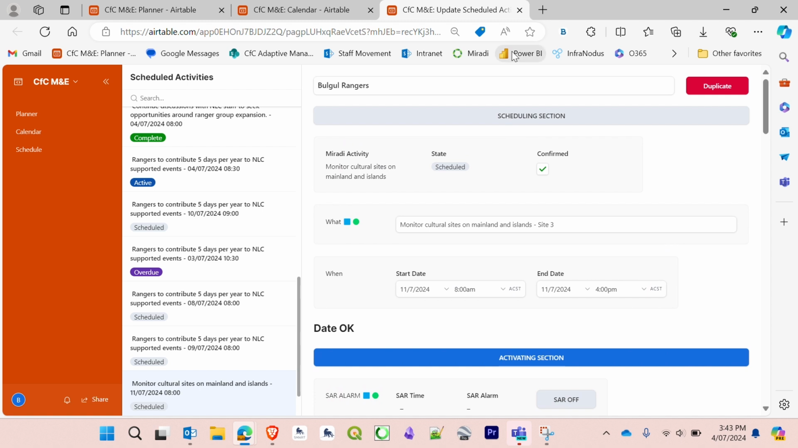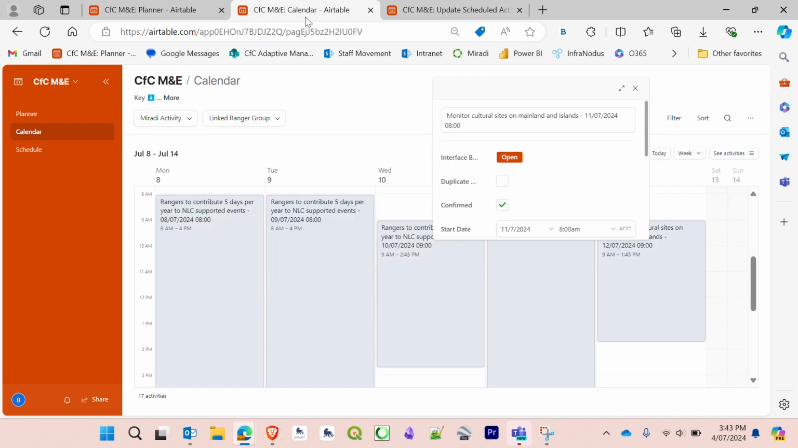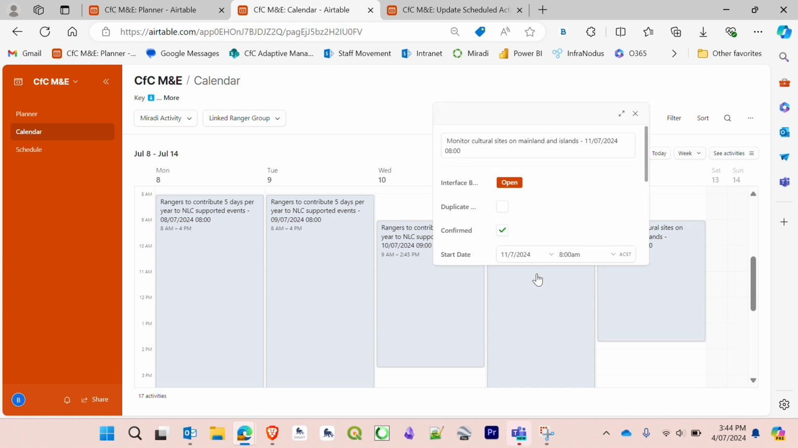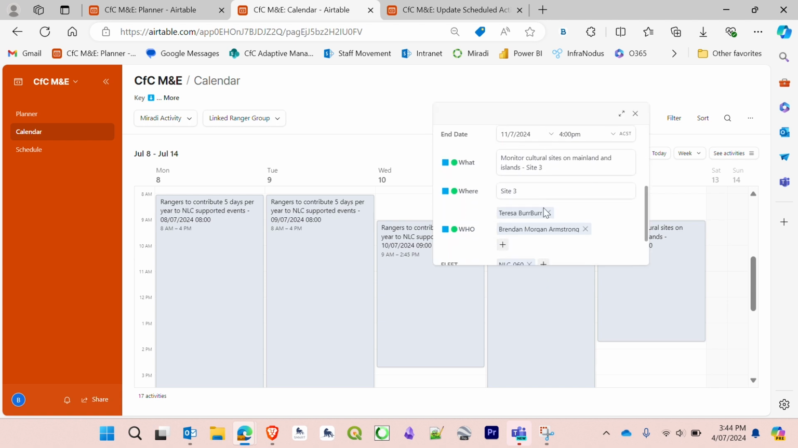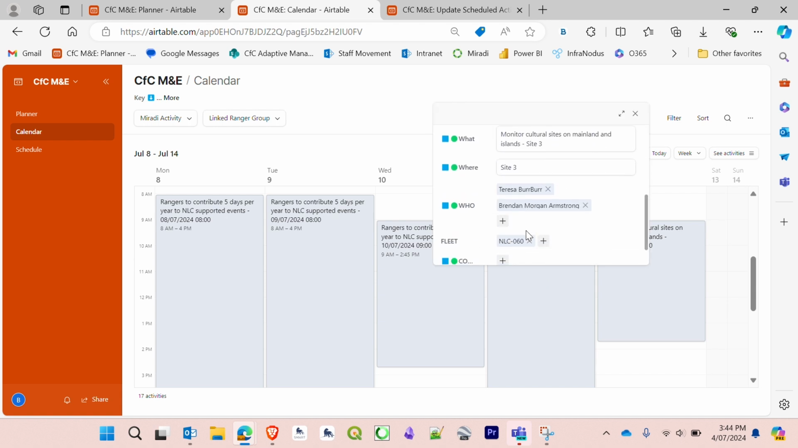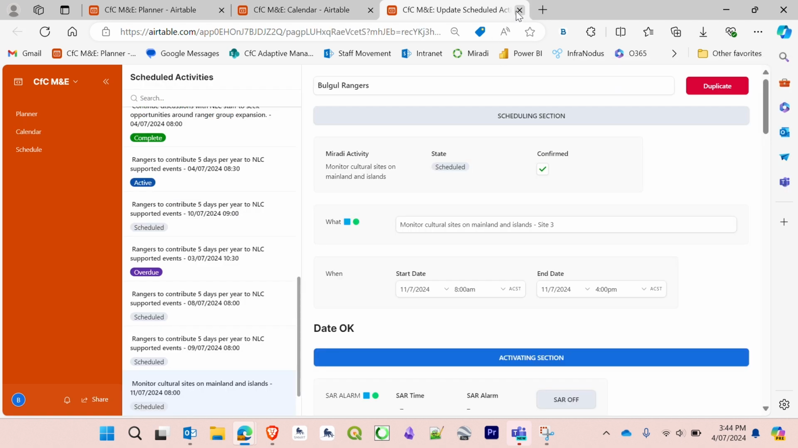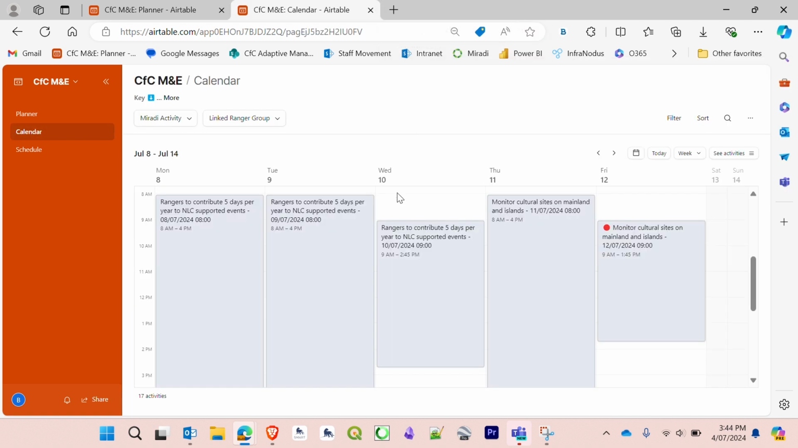Everything is good, right? If I go back to my calendar, here we still have this information. And if I click on it, I can see now that Teresa and Brandon are going to use this vehicle. Okay. And that's super easy. You can close this. You have this. And if you get more information, as you get closer to this, you can definitely